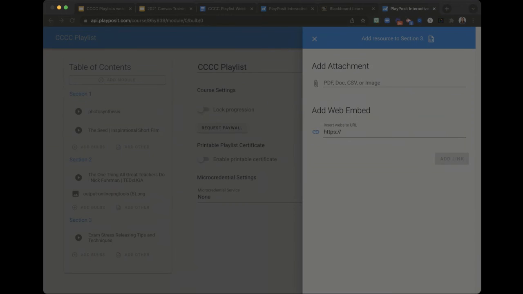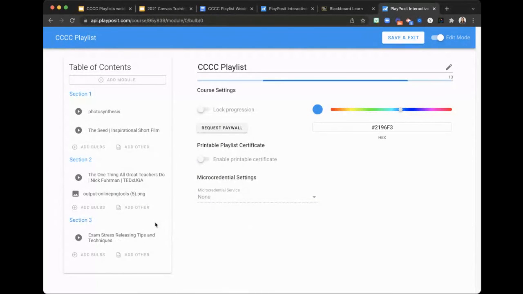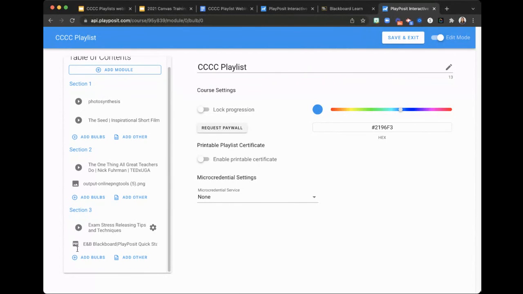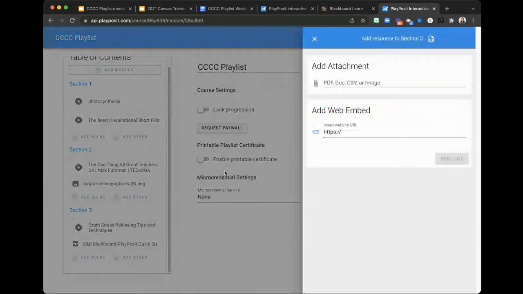So just know that, again, this is a way to create just a comprehensive learning environment for your learners to include everything that they might need all in one place. All right, and there's a PDF. The cool thing about embedding websites too, just so you guys know, is that if you do want to embed a website, all you have to do is insert the URL for that website.